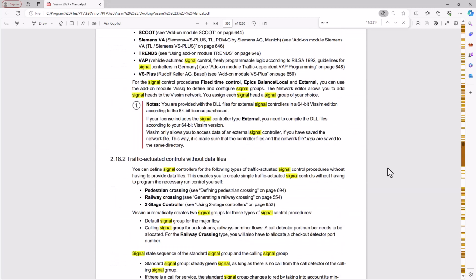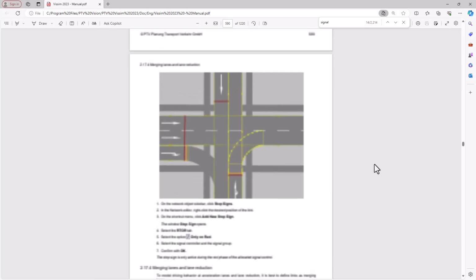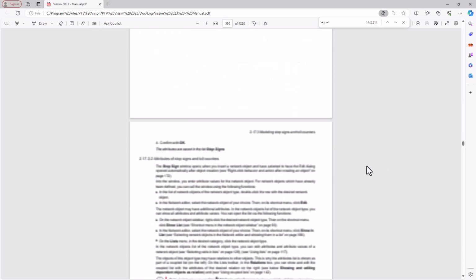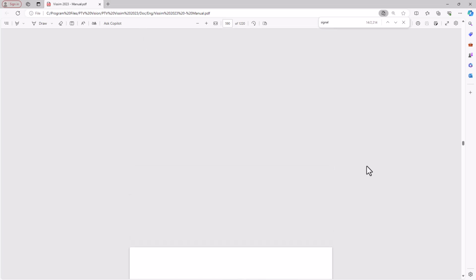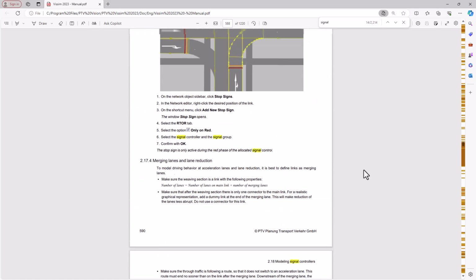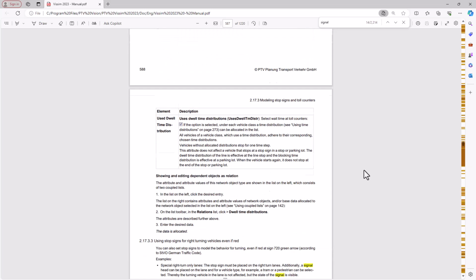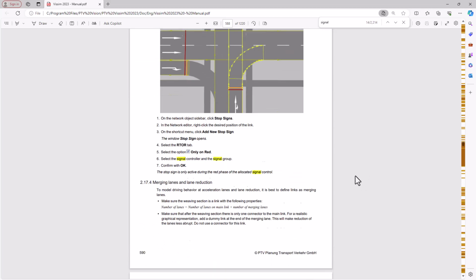Yeah, I think somehow the manual is very blurry. It takes some time to... All right, there you go. Here,